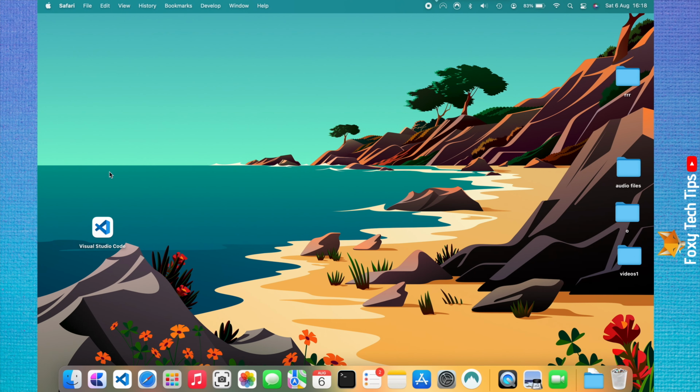Welcome to a Foxy Tech Tips tutorial on making your Mac always show the scroll bar even when you are